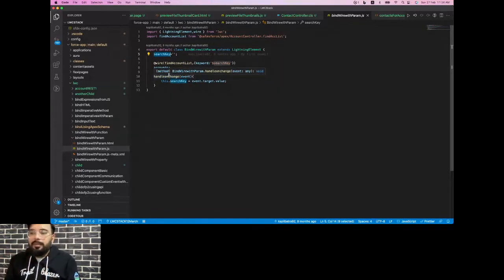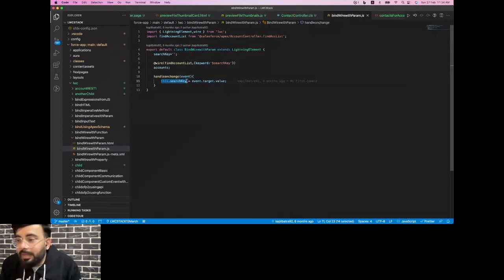As this is a reactive parameter, guys, this is, I would say, a very good example of reactive also. Whenever we are changing the text, the reactive variable is changing again and again in this wire service. If you'll notice, we are not calling that wire service again and again. Okay, so here, identify